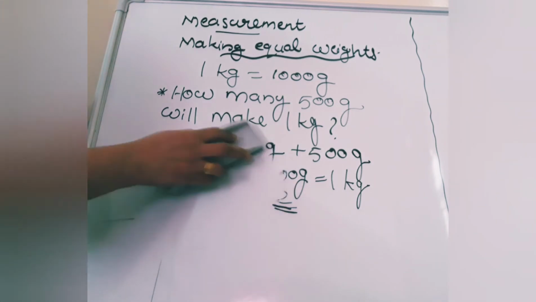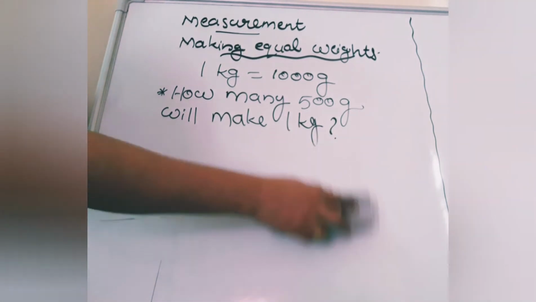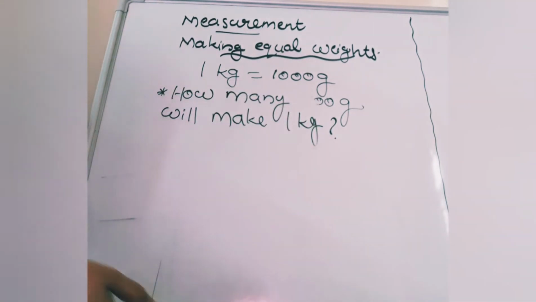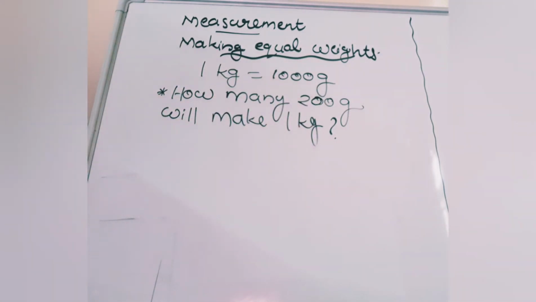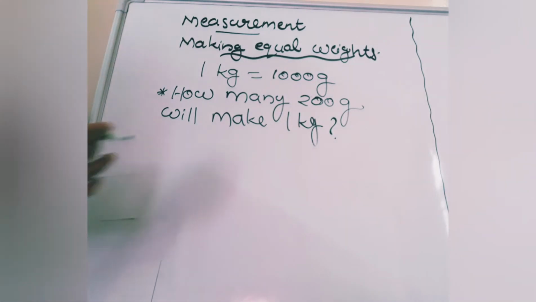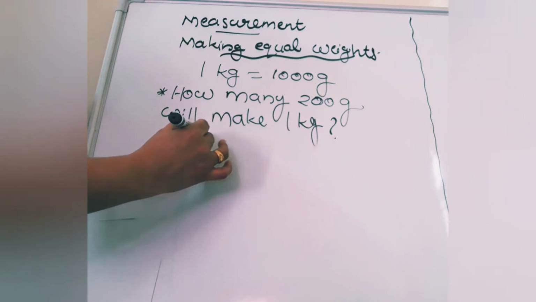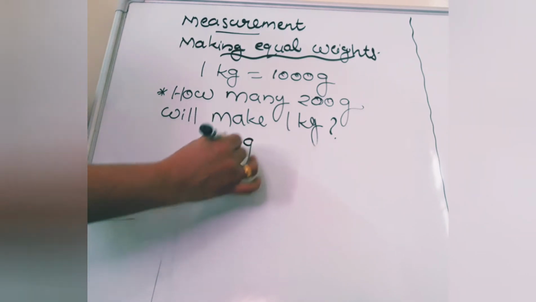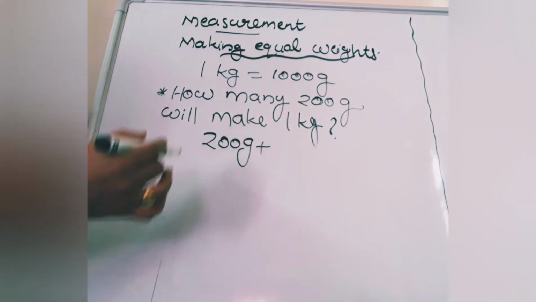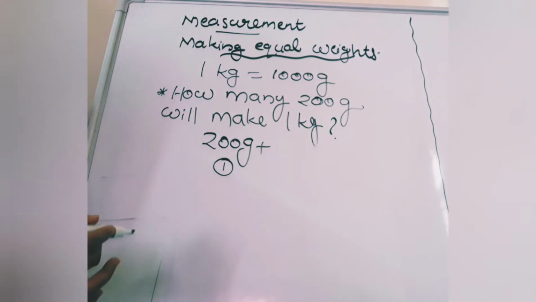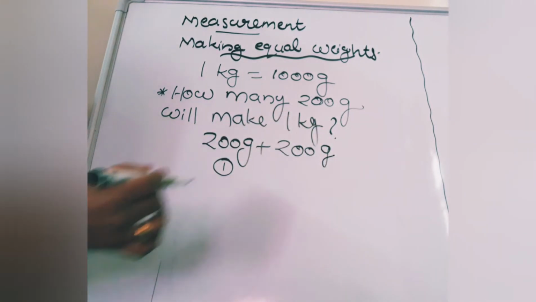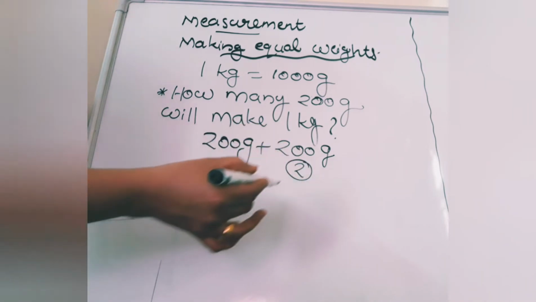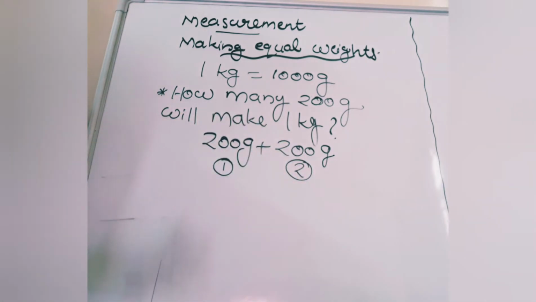Now there can be another question like this. How many 200 grams will make 1 kg? Instead of 500 I am writing 200 now. Here also we have to use the division method only, but you don't know bigger number division. So at that time you have to take 200 gram, and then one more 200 gram. You have to mark how many times you are taking. One time you took, then second time 200 gram. 2 times you took, so write here 2 times. When you took the second time, 200 plus 200, 400 only we got.